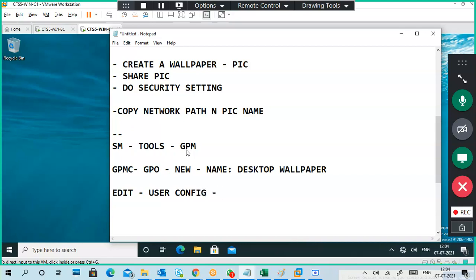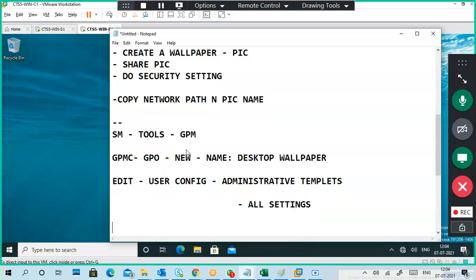Under user configuration, administrative templates, all settings, filter options. Then I search for desktop wallpaper.